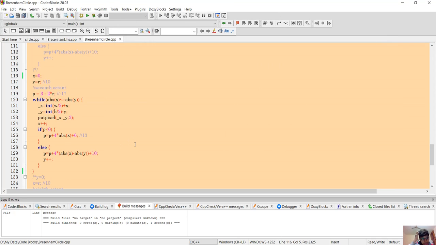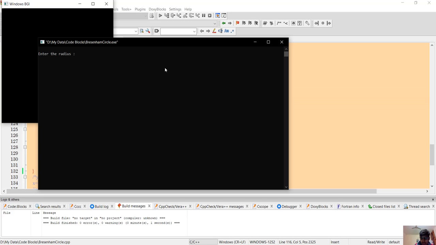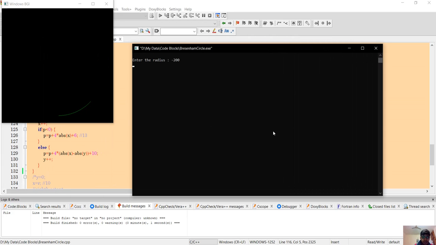I have to give the negative value in the seventh octant, because in the seventh octant our radius is negative. Our R value is negative 200. Enter. Now it is working perfectly fine.